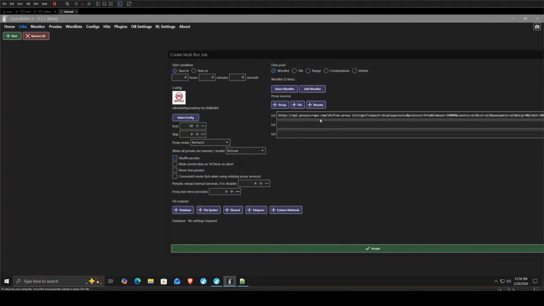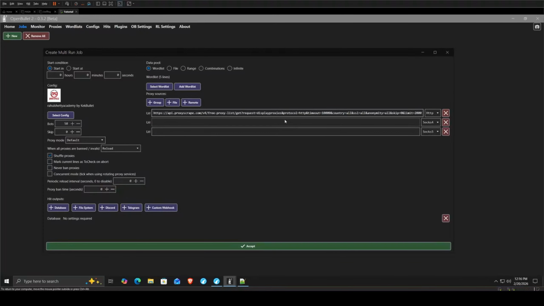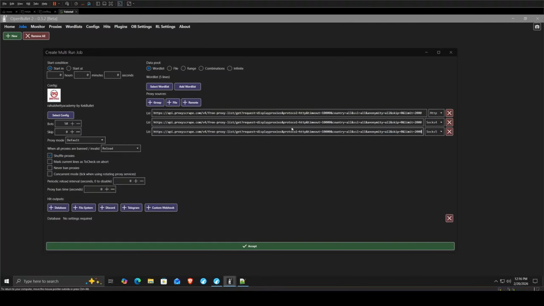So let's do that right there. And let's do it again. This time we're going to change this to SOCKS4. And we're going to change this to SOCKS5. This will be our free proxy list. Now let's see what the